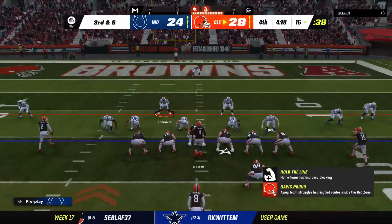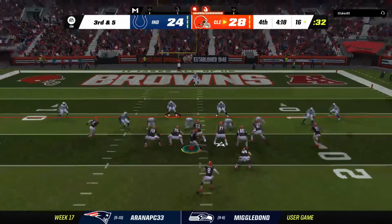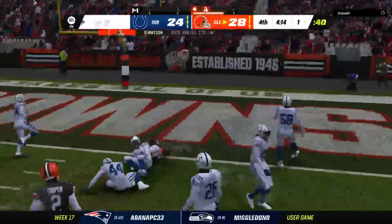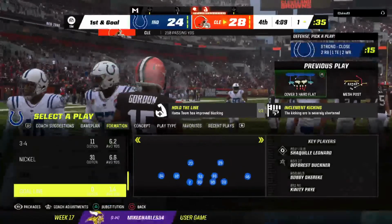Already a pair of third down conversions for them on this drive, but right now they need 5 yards on this third down try. Watson. And he's got it. And he's brought down. This one good for a first down, and also that is catch number 90 for him